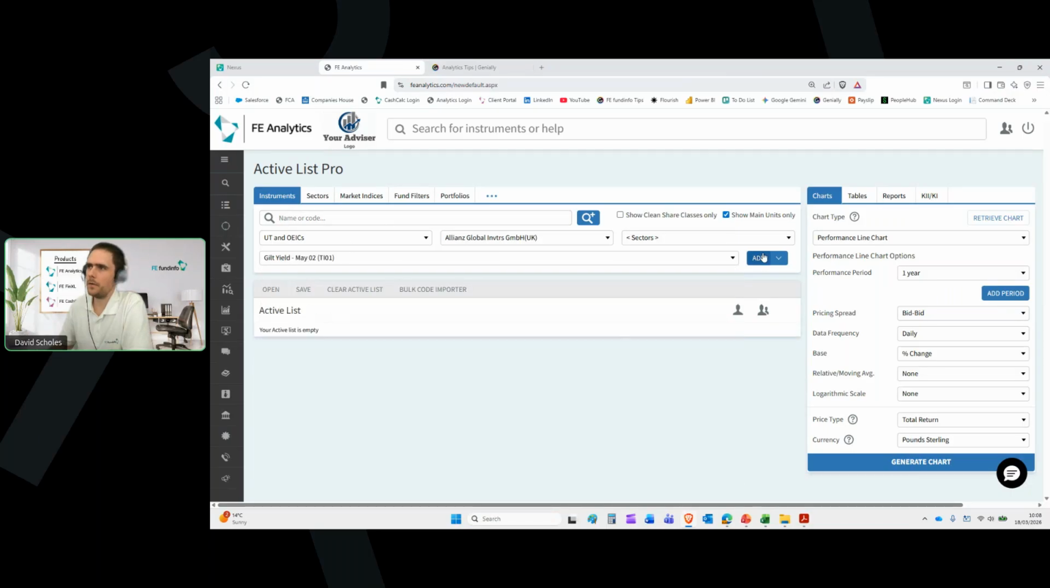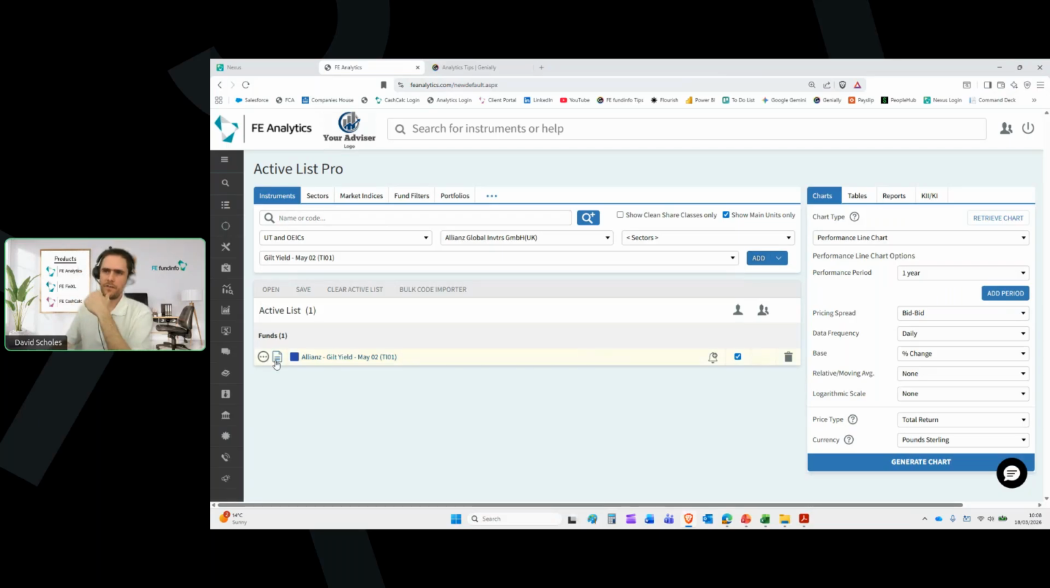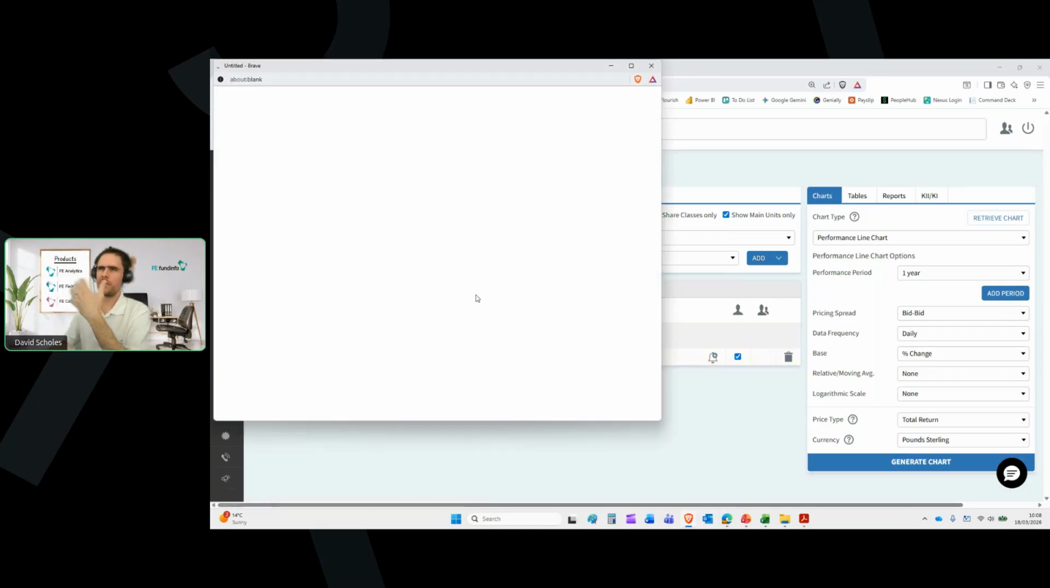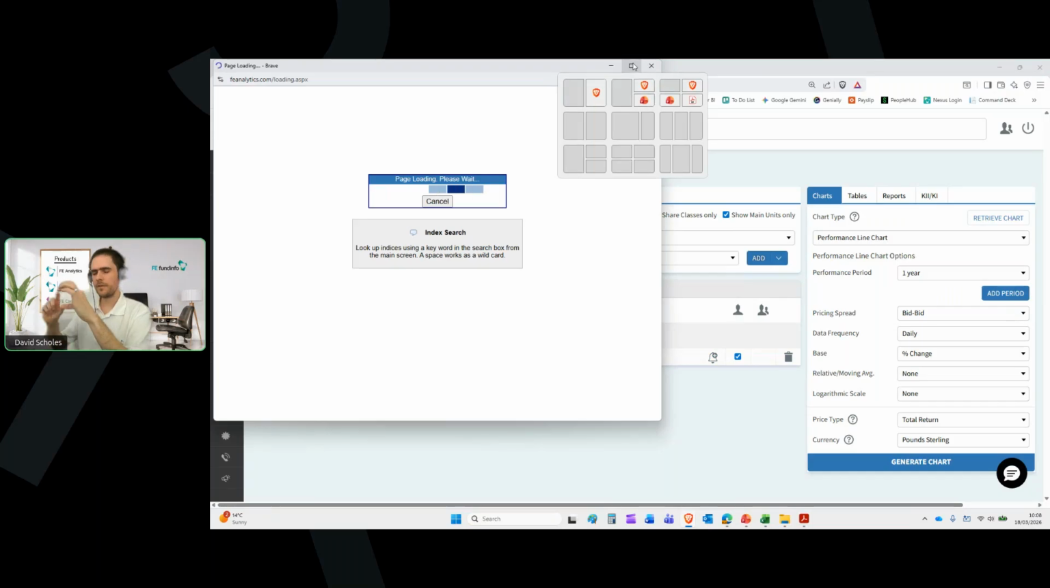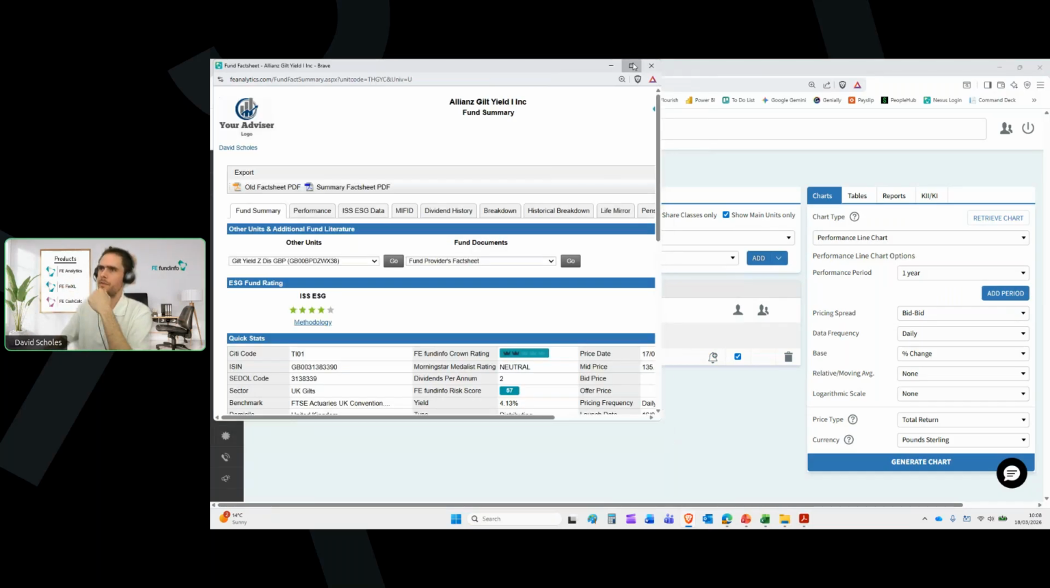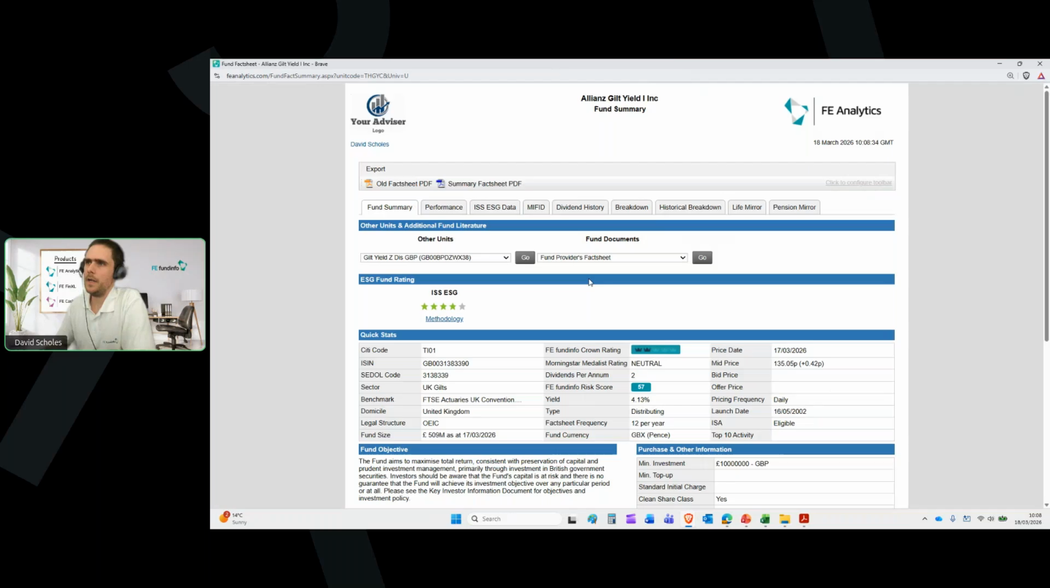I can click on gilt yield, click on add, and add that to my screen. Now, every single fund I add to this list will have a little fact sheet icon, and a little alert icon. Fact sheets always look fairly similar for every fund. It will subtly differ if I'm looking at maybe an investment trust or an MPS. Obviously, the data sets are slightly different, but for a fund, multi-asset or single manager, it's going to look very